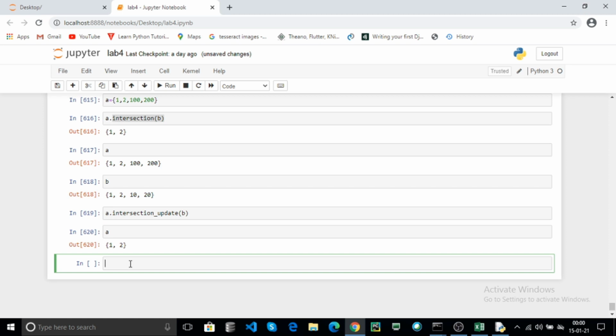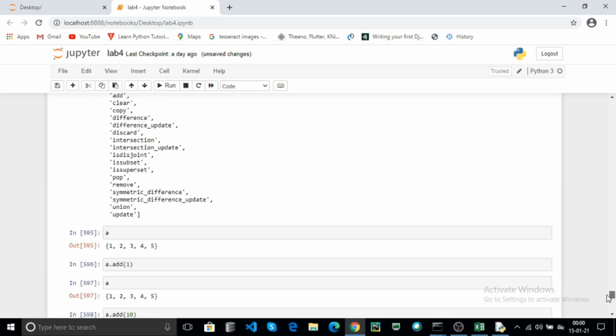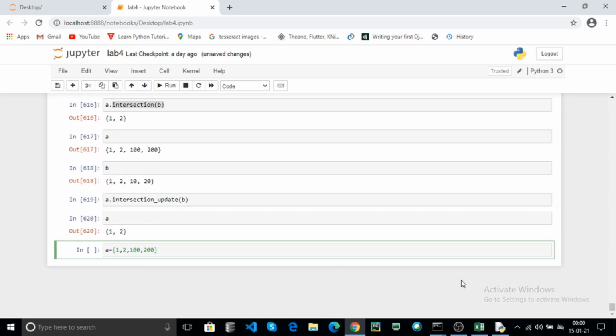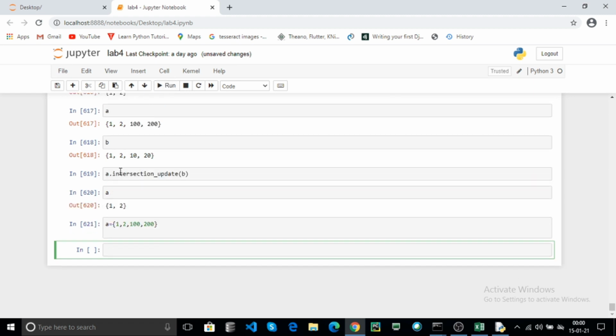Now here again I create a data set, A set. Now use the method symmetric difference. Here click on the run. Here use the symmetric difference of B. Click on the run.